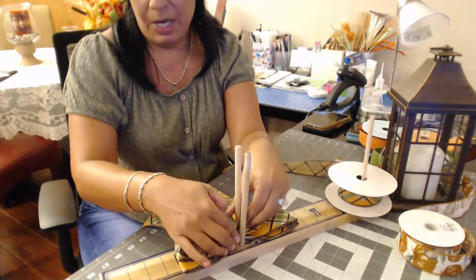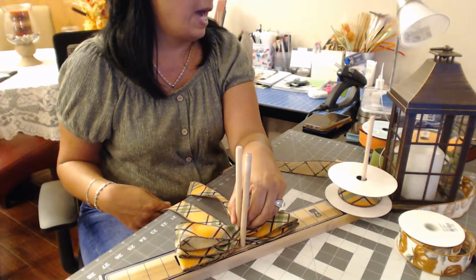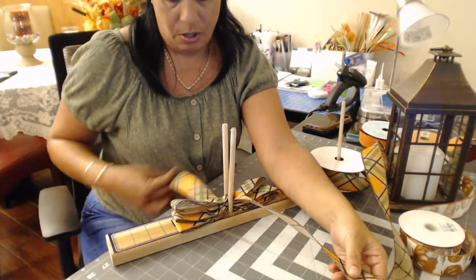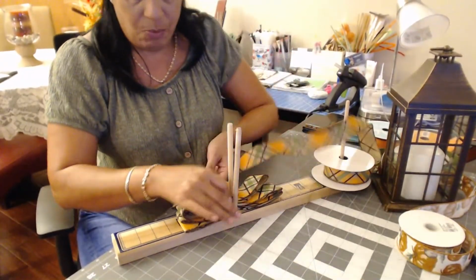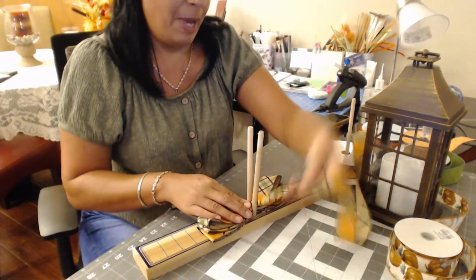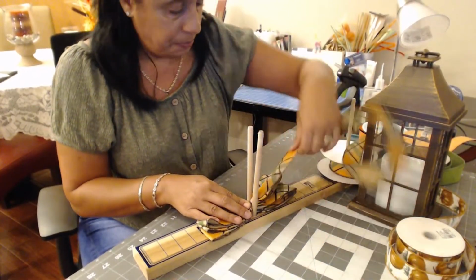On this one, I think I'm going to have some tails in the bottom and some in the back. So I'm going to leave this tail this way because I want to have a tail in the back and one in the front. Okay. So if you want, instead of having them both on the front tails, because I want to be able to drape one in the back and drape one in the front. And this one, I'm going to make it shorter, the one in the back. Okay. So I'm going to make this one